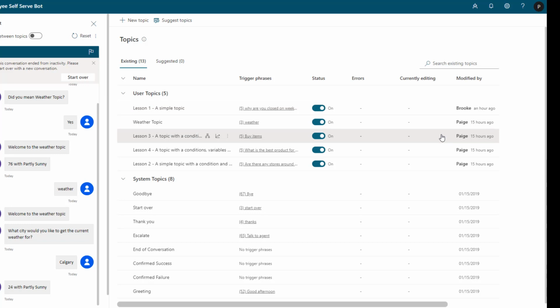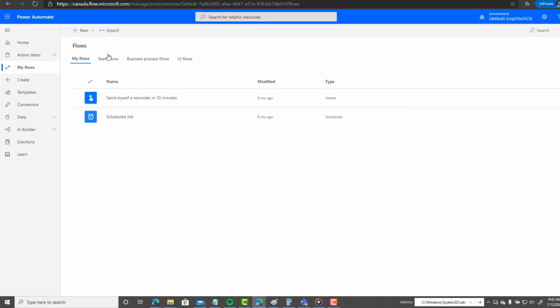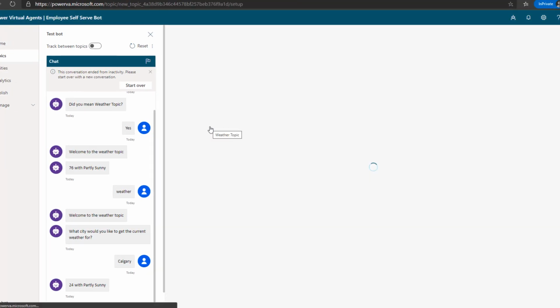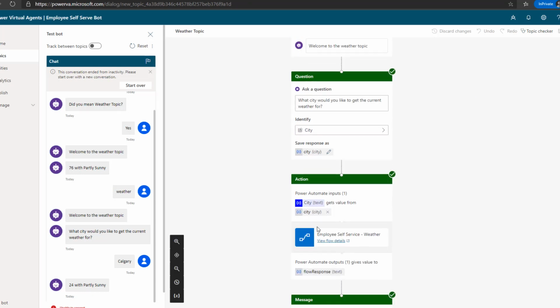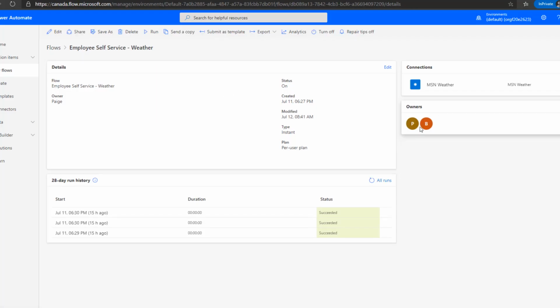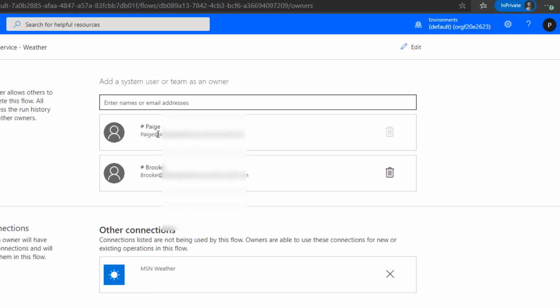I wouldn't say it gives you the individual actions, but you'd be able to see who went ahead and made the changes most recently. Now, one thing that has also happened is on the flow side of things, we've also added Brooke as an owner of this flow, which would allow Brooke to view and edit that. So while I'm here, I'm going to add the new user, in this case myself,